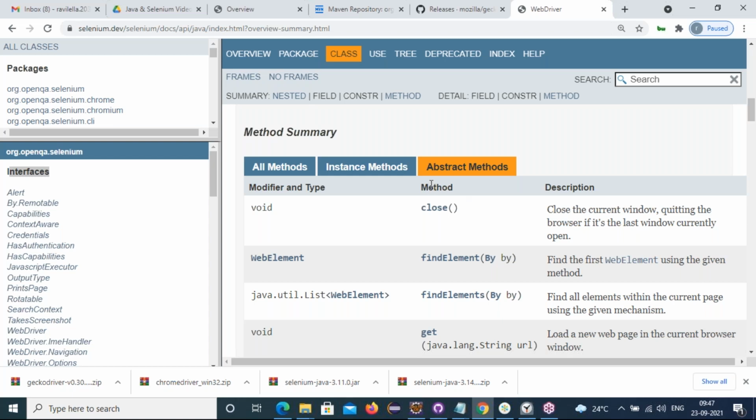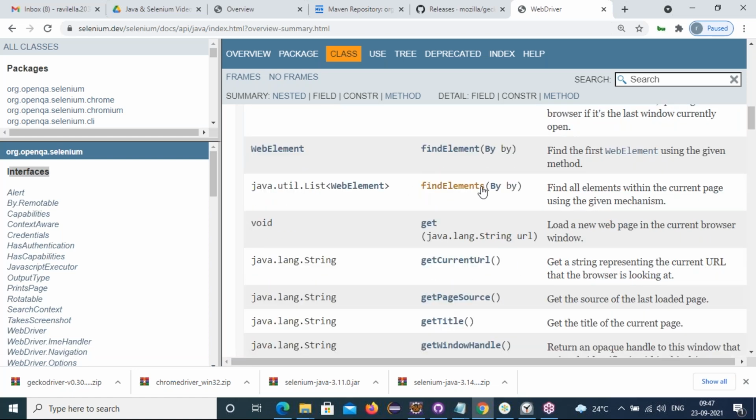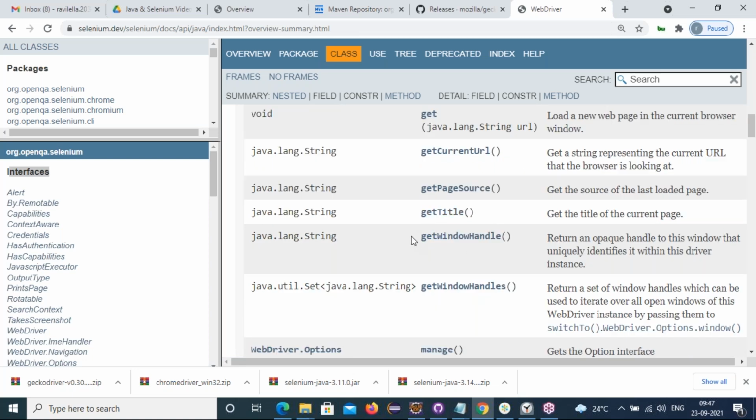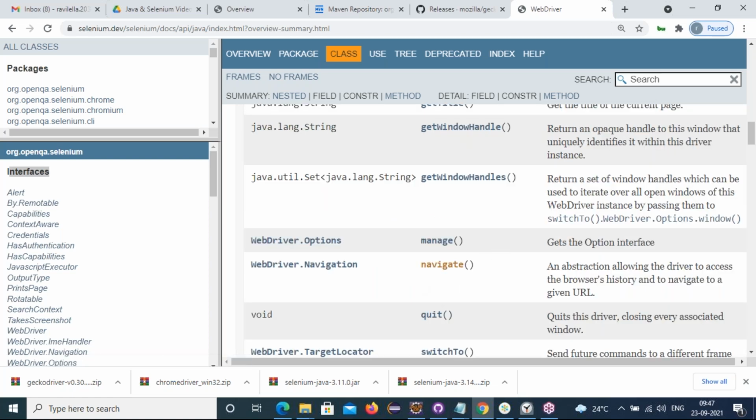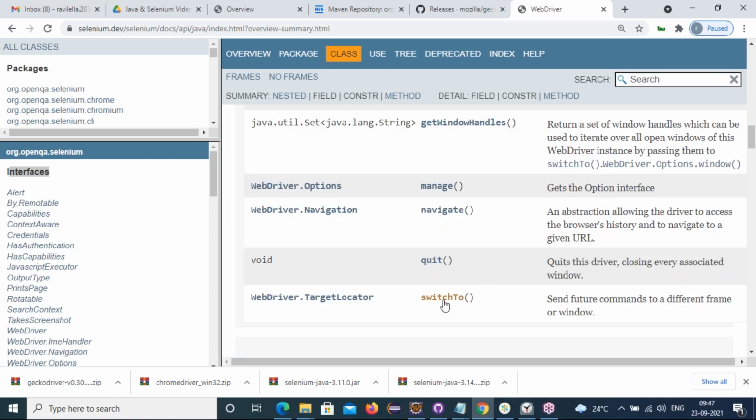What are the abstract behaviors we have? Close, findElement, findElements, getCurrentUrl, getPageSource, getTitle, getWindowHandle, getWindowHandles, manage, navigate, quit, switchTo. All these are the WebDriver methods.